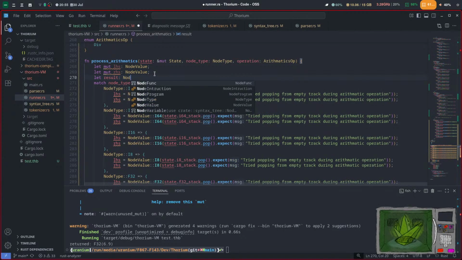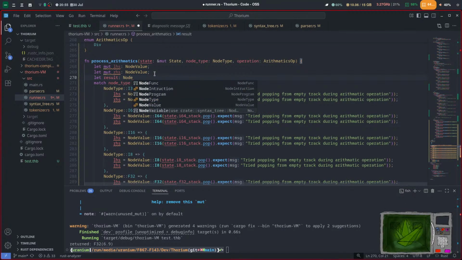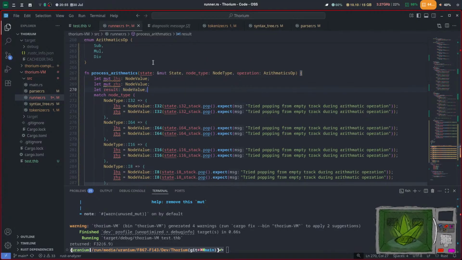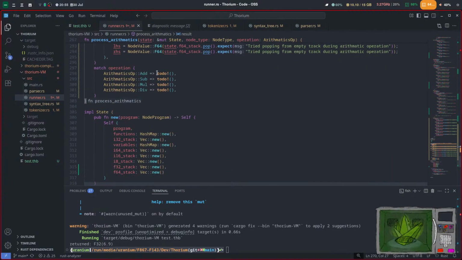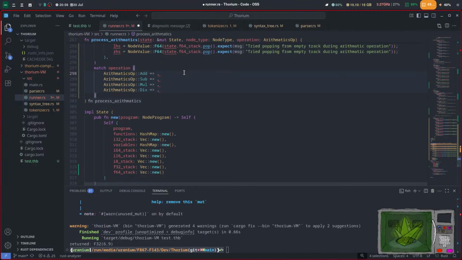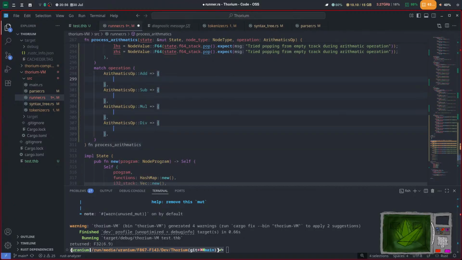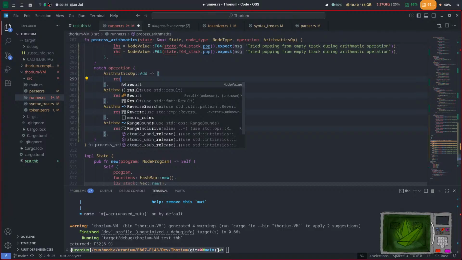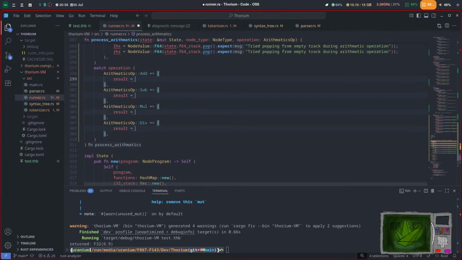We'll just make this a node value as this already has all the types that I will ever do, and let's do that with result going to equal